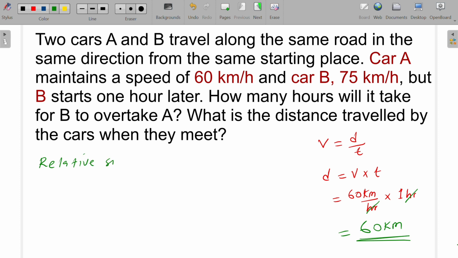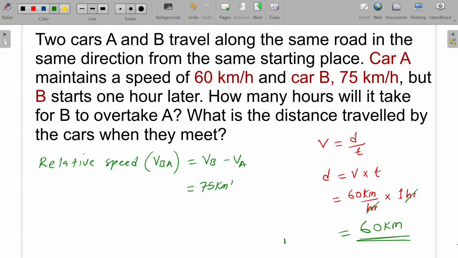Relative speed, in this case, we're talking about speed in terms of B relative to A. So this is equal to the speed of B subtracted by the speed of A. Now, if the objects are moving in the same direction, all you have to do is subtract their speeds. So here for B, we have 75